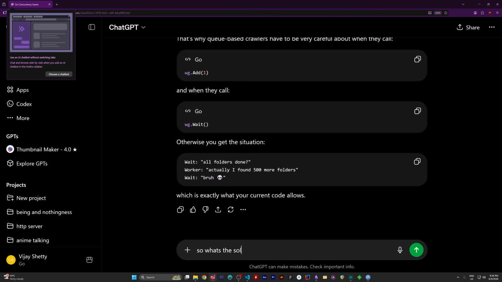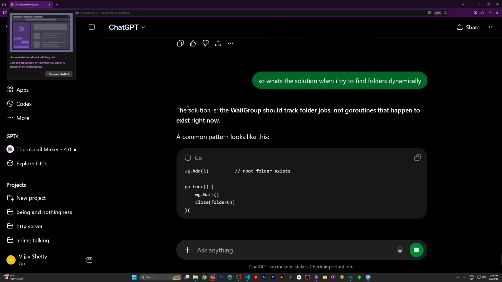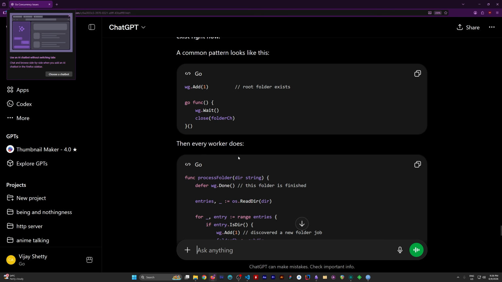So what's the solution when I try to find folders dynamically? The solution is that the wait group should track folder jobs, not goroutines that happen to exist right now. So I usually use a wait group to track goroutines, but instead it wants me to track folder jobs. A common pattern looks like this. Root folder exists, okay? Then every worker does